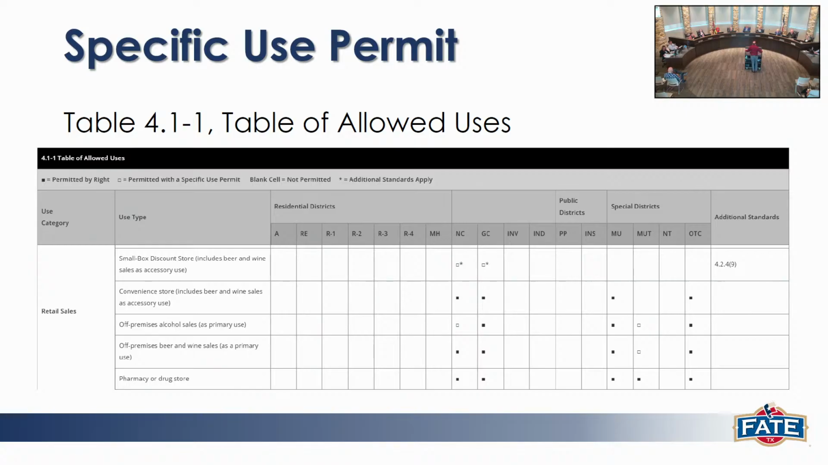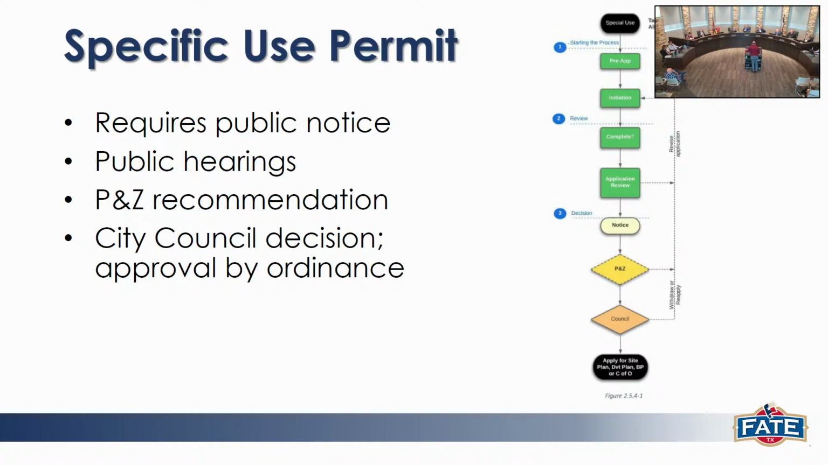Anytime somebody comes with a proposed use, we'll look at this table to determine if it's a use permitted outright, a use permitted only with a specific use permit, which of course comes to City Council, or it's not permitted. As you can see on this table, if the box is empty, then that use is prohibited in that zoning district. So an SUP is essentially a zoning decision being made by council,